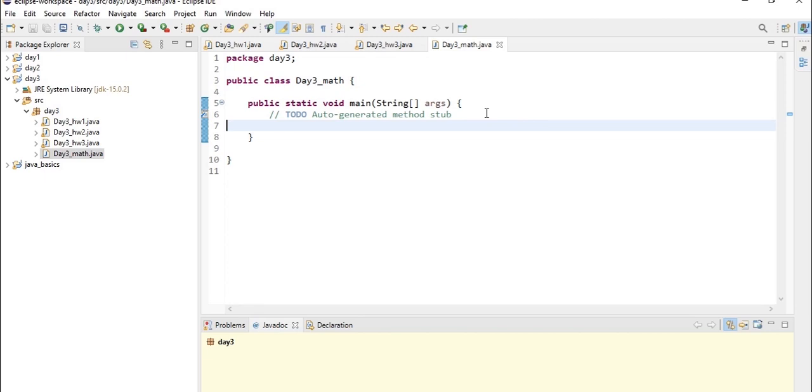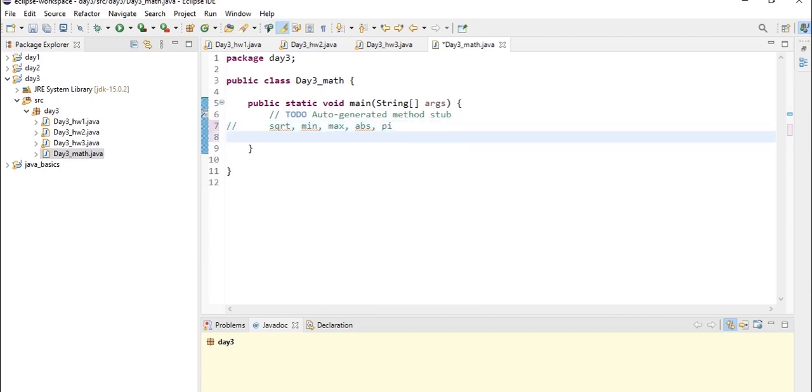But in this video we are going to discuss these specific methods: sqrt, that is square root; min, that returns the minimum value of the numbers; max, that is the maximum; abs, that returns the positive value of a number; and PI, which returns the value of pi, that is 3.14.